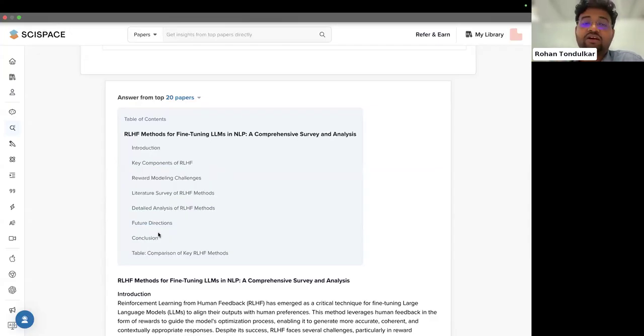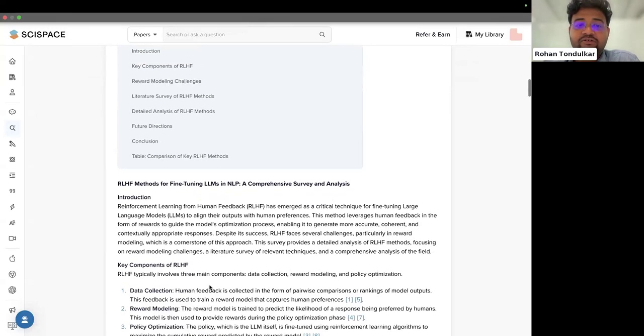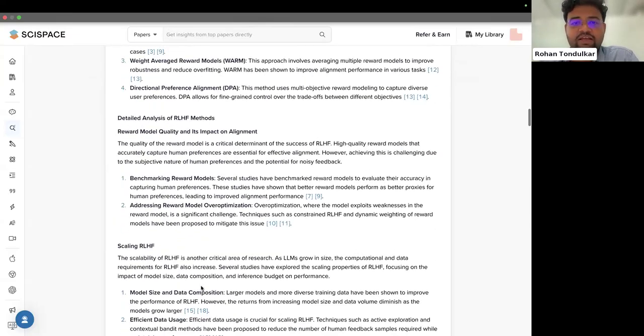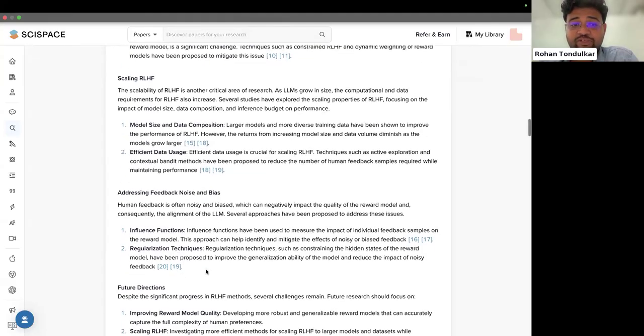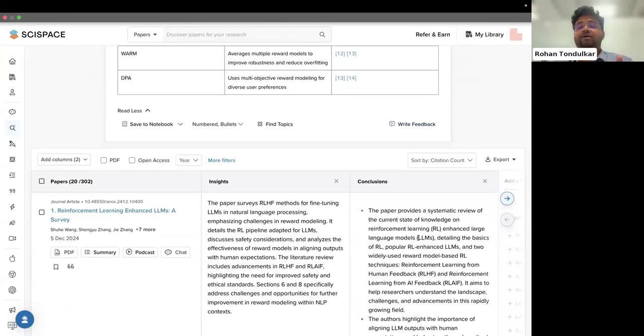Which is great. I feel now you guys can give your feedback and we're happy to improve or update, right? But this is the current report that you'll see if you try today. So you get key components, what are the challenges and stuff. So it's citing like all the papers, 20 papers it's able to cite. And then it gives a key conclusion. You can again save this to notebook, obviously write feedback to us on how you feel. So yeah, this is one whole deep review report.